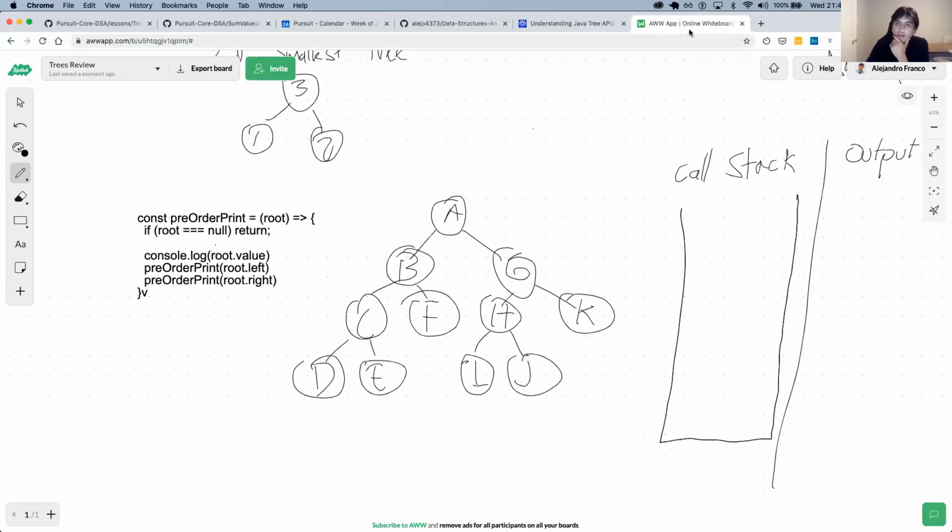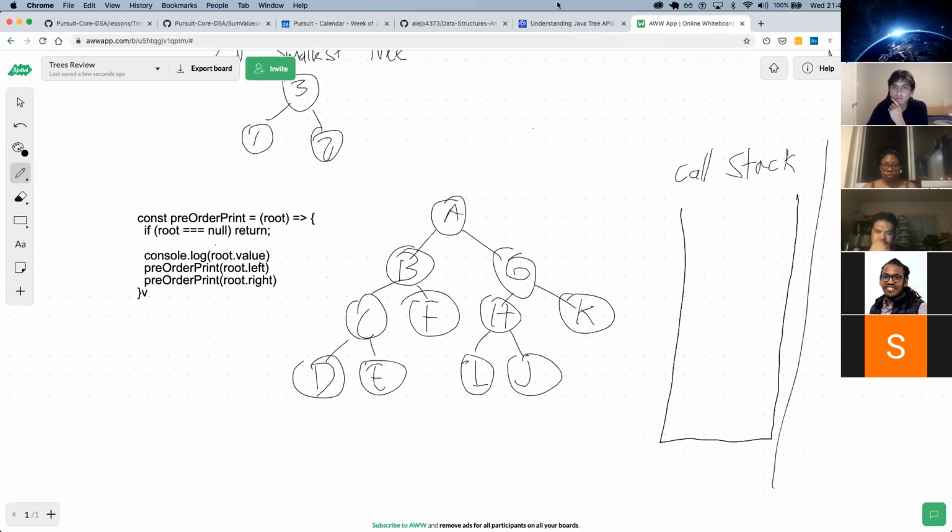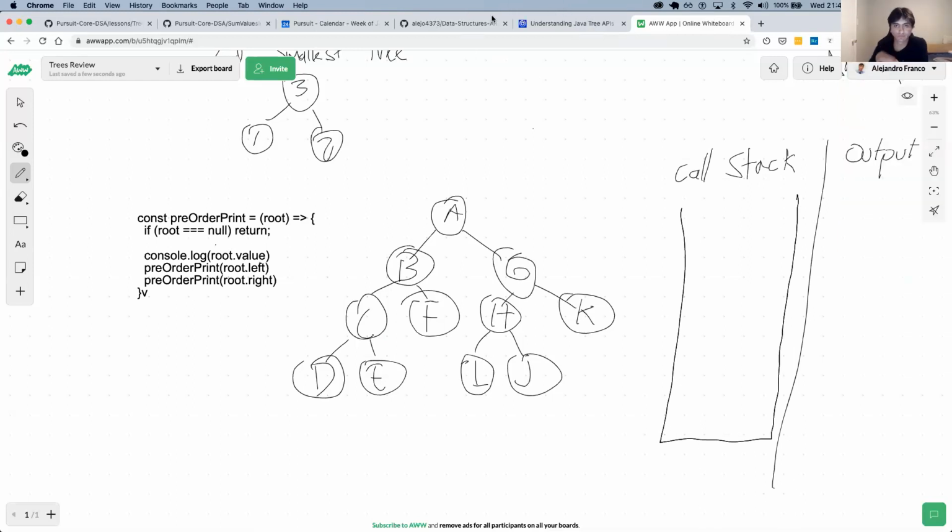I'm just going to call our function fn, and we call the function with the root, which in this case is the node with value A. This is just a drawing, but imagine that's the A node with the value of A. So fn goes into the call stack, and the call stack was empty. It's here.